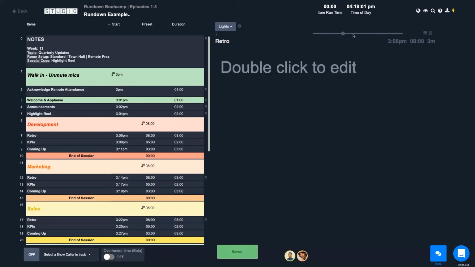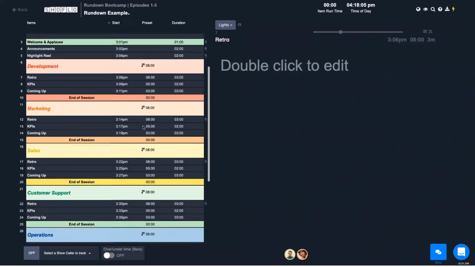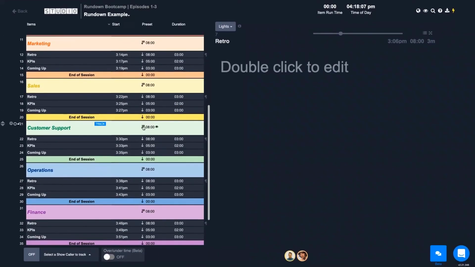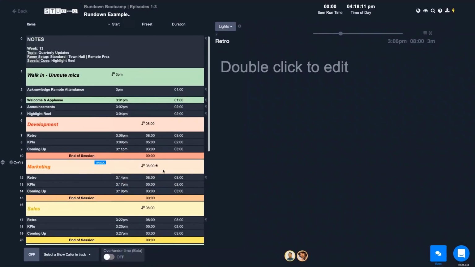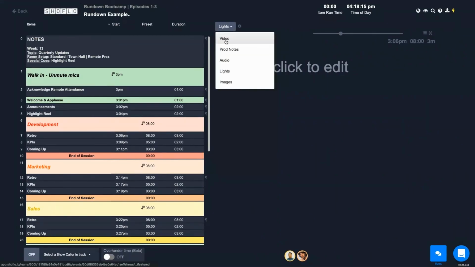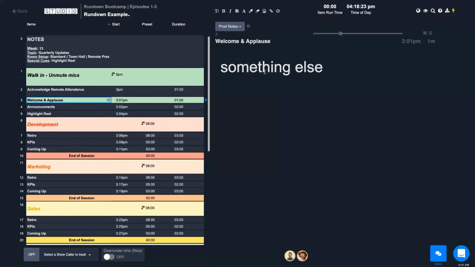So what this does is it splits the rundown into two separate tables, where we have our agenda order, our rundown on the left with our timing components and everything. And then on the right-hand side, I have the ability to select one column of notes or one department column that I've already previously created. So as you can see, I put my something else note in there, which was in the welcome and